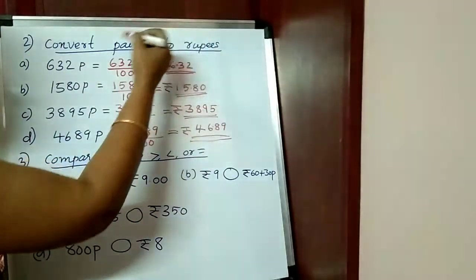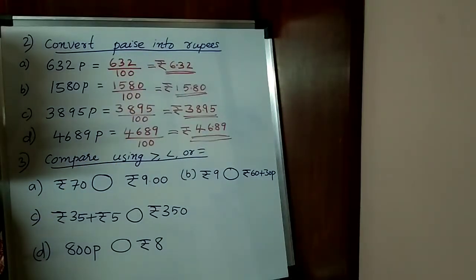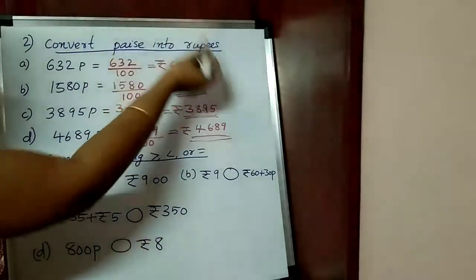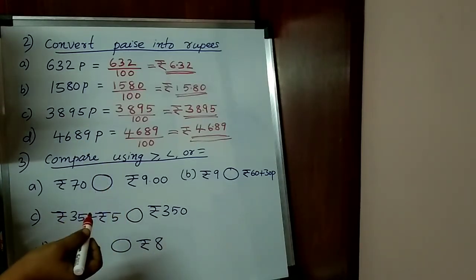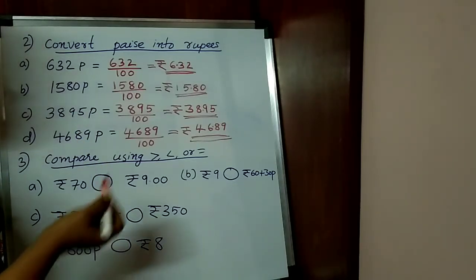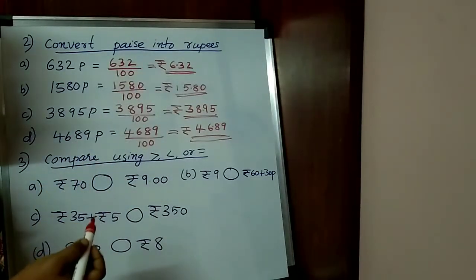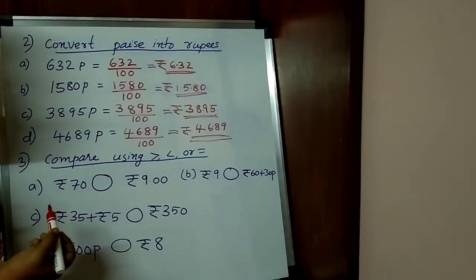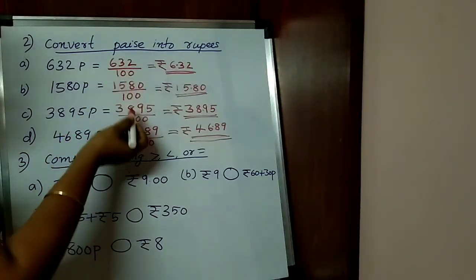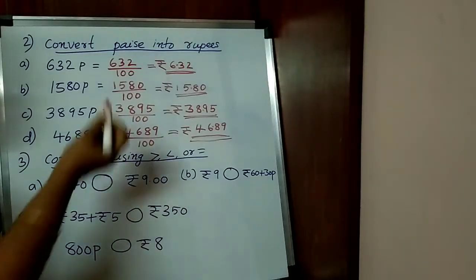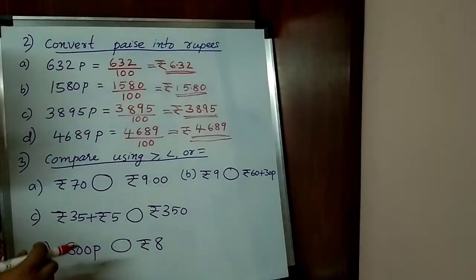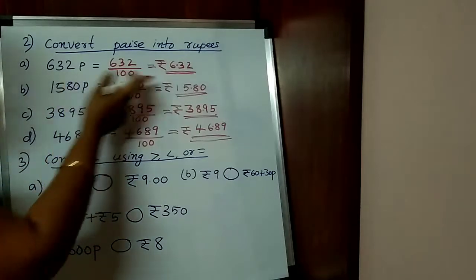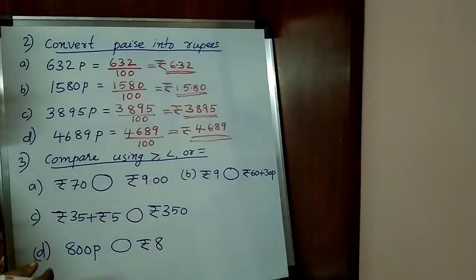To convert rupees into paise, you multiply by which number? 100. Then paise into rupees. In that case, you divide it by which number? Divided by 100. Just opposite of multiplication. The opposite of multiplication is division. So here you divide it by which number? 100. Using decimals, find the answer without actual division. This is the easy way to convert paise into rupees.